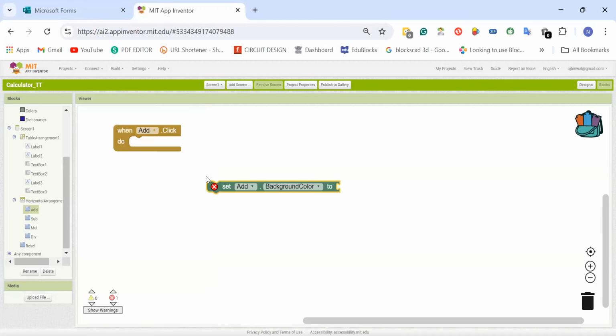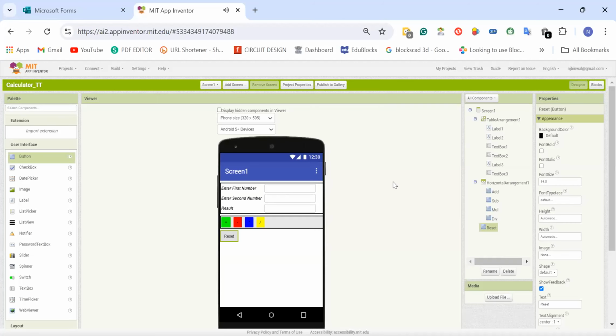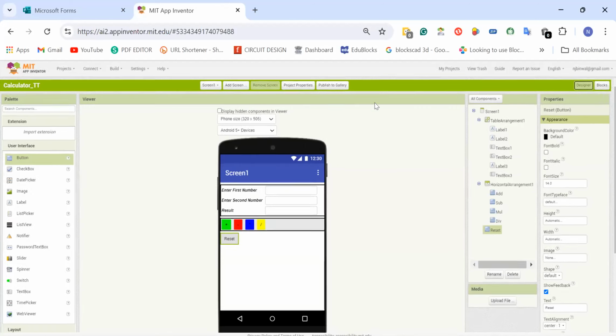Here I'll do one thing. I'll use this one, I'll put it over here. So I want set, wait. Let's first understand the logic. When the user clicks the green button, whenever the user